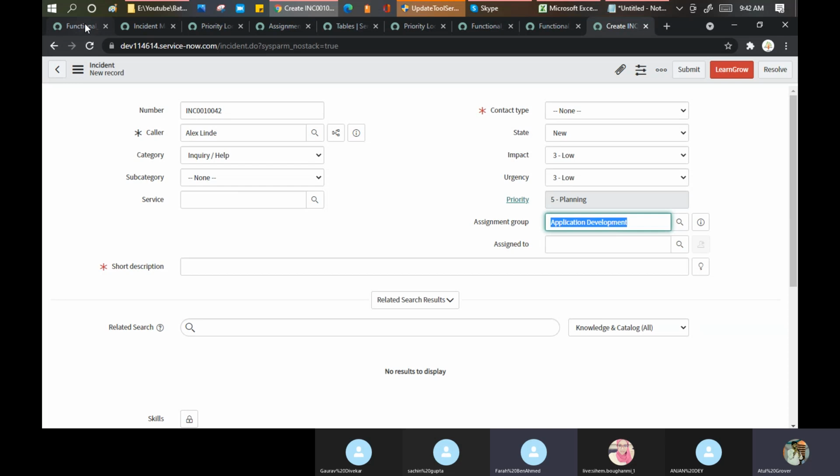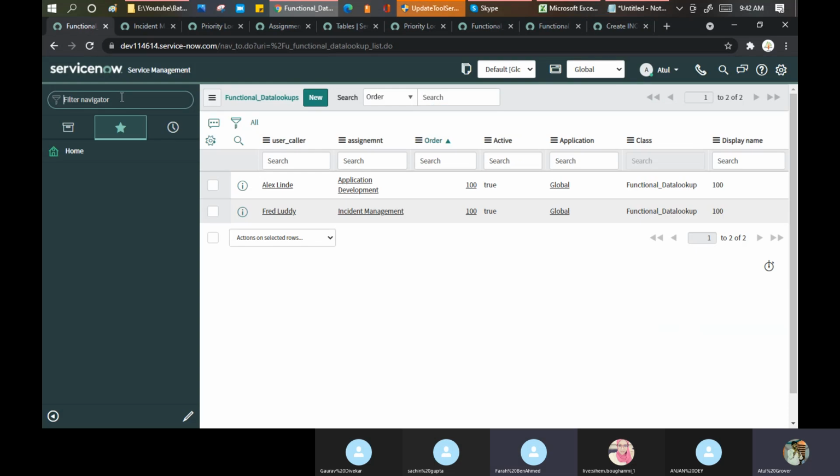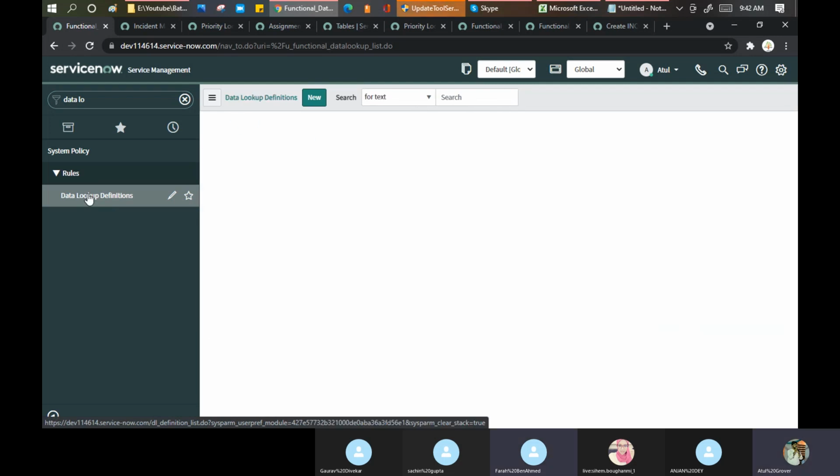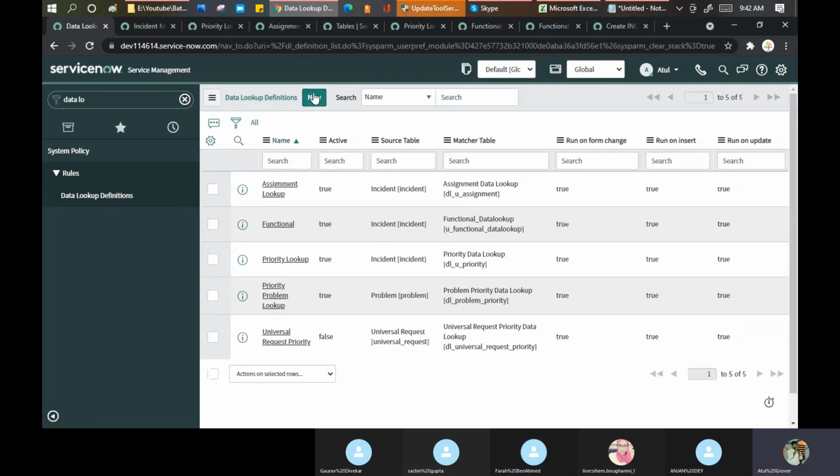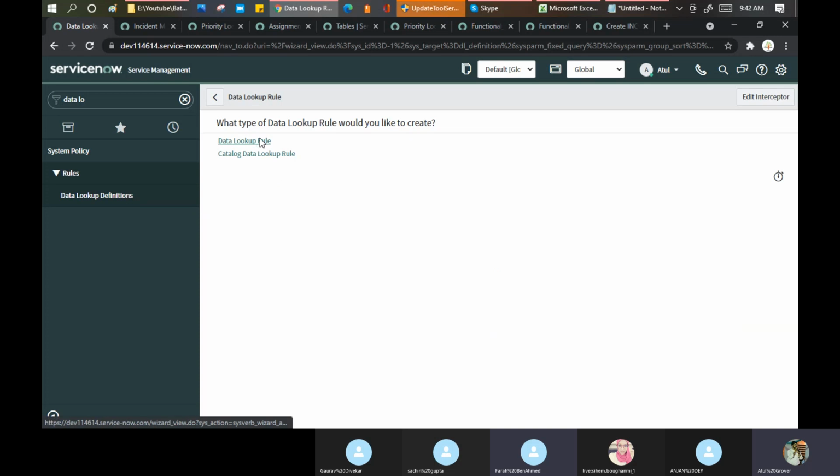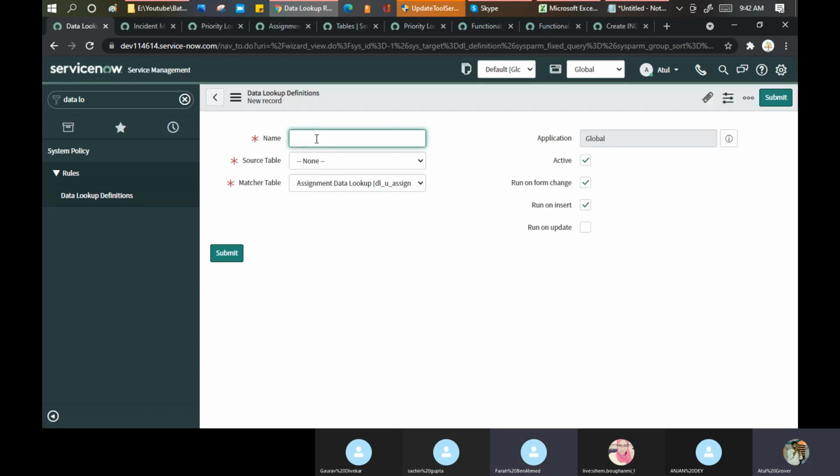Okay. Now, if we do one thing, maybe I create one more data lookup. Okay. Maybe we can try for the change group now. Change lookup.